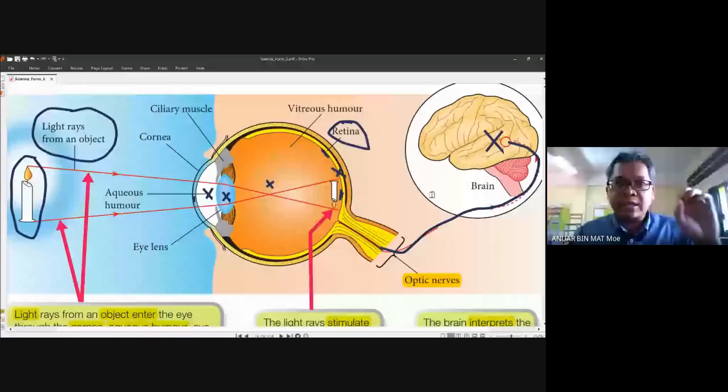If your signal from the eye is sent to the brain, and then your brain interprets something that is very funny, for example, something very odd or very weird, and then what is your response? Based on the brain